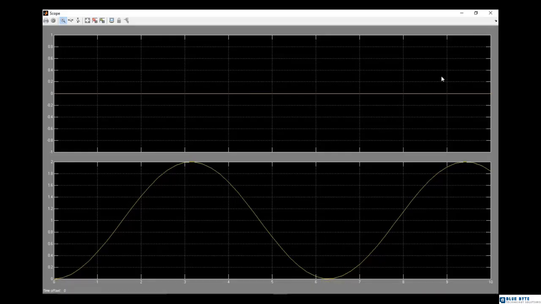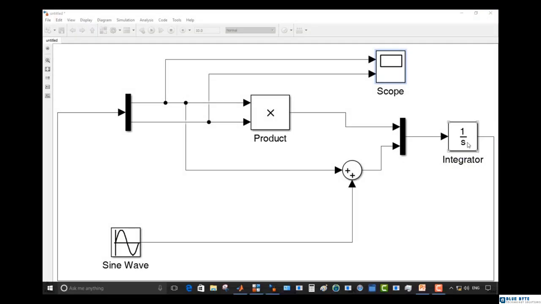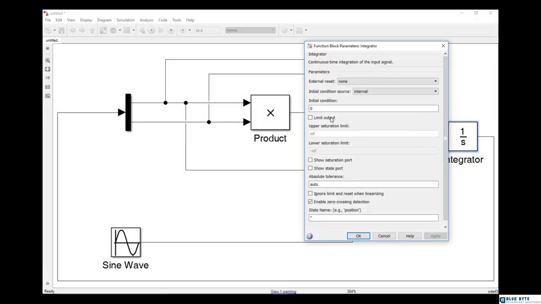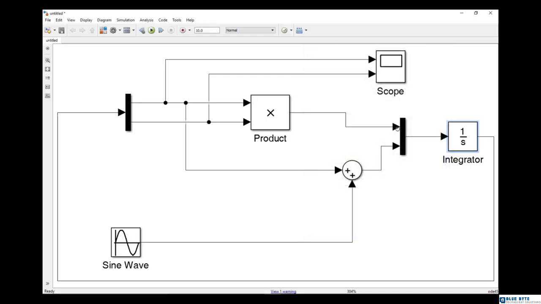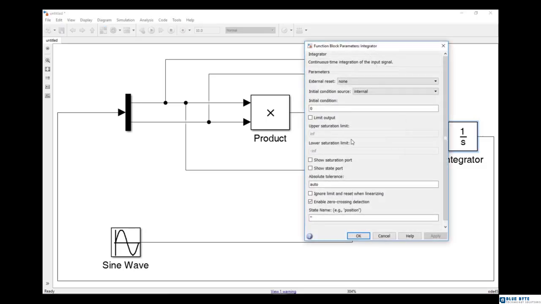Now, in order to change x1, I change the initial function in the integrator. Pay attention that two signals have been entered to the integrator, which was done by mux. So any amount which we enter to the initial function should be set for other amounts too. How can we do that? By MathWorks. I set the initial function for x1, 1e to the power minus 5,